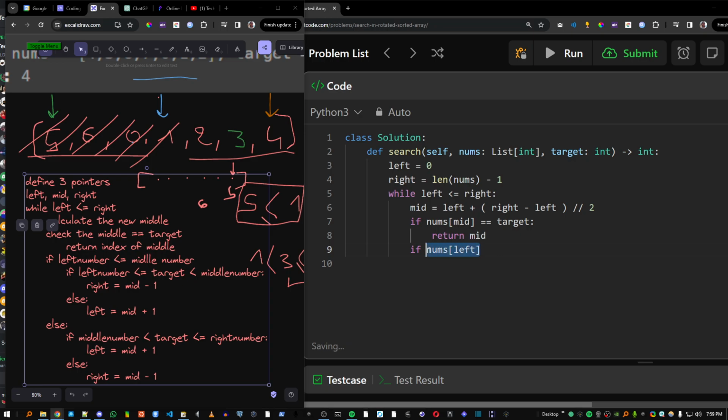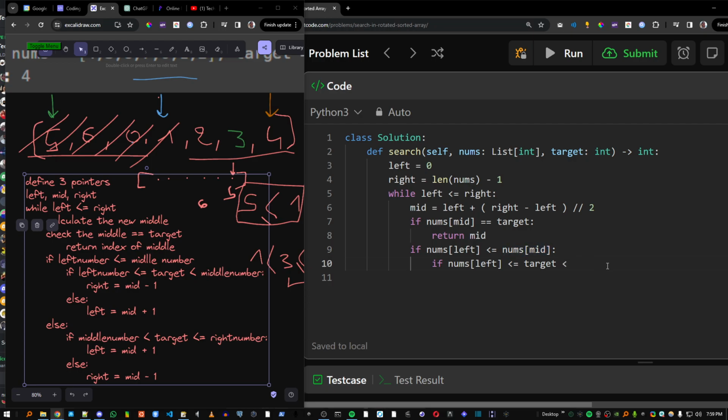So we have the left number here, less than or equal to the middle number. If it is like this, I'm going to do another elif inside. If again the left number is less than or equal to the target and the target is less than the middle number,